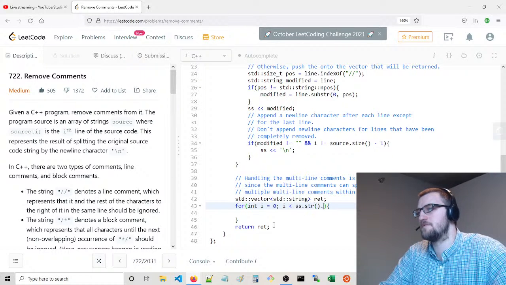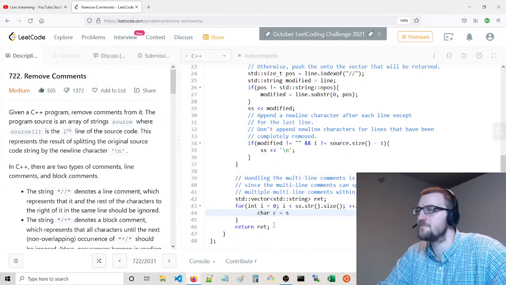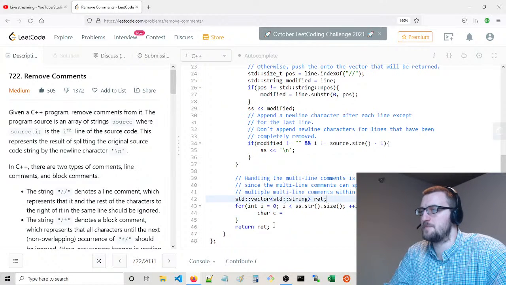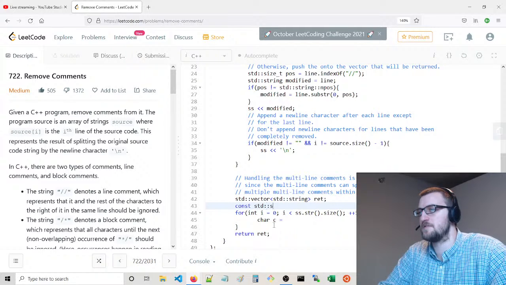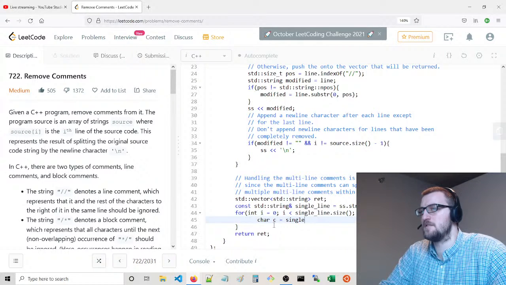Can I do that? I think that's okay. I think that's fine. Oh, you know what? We probably should do something like this. Single line. Let's do it this way. Hope this makes sense. This also could be a const character reference. We'll just make it a character. It's okay.